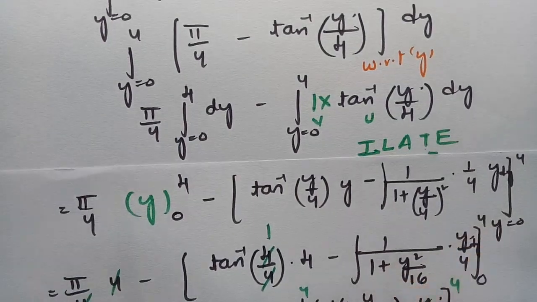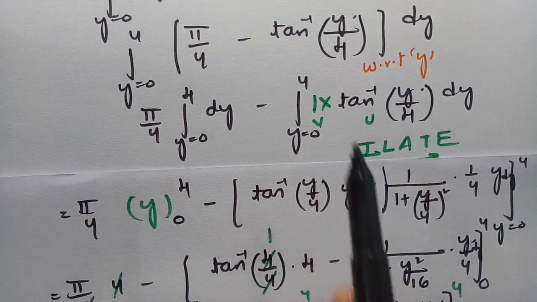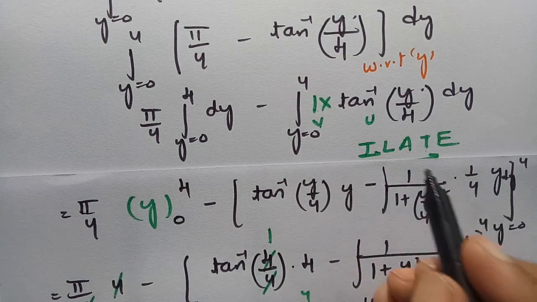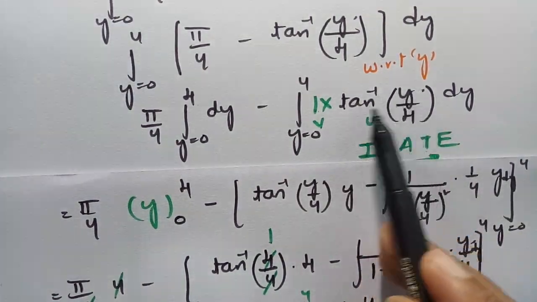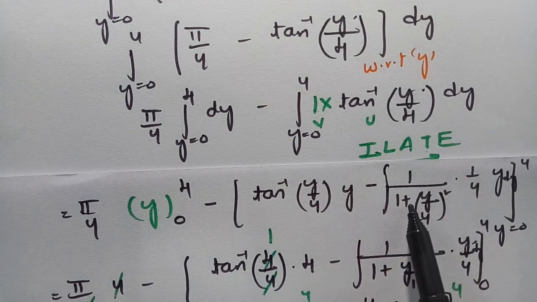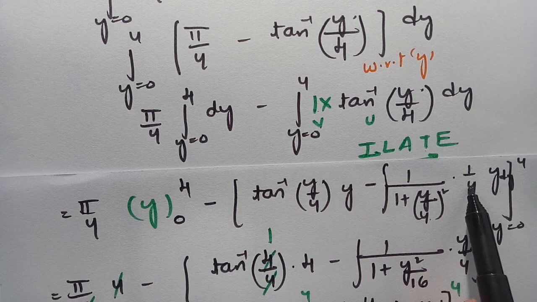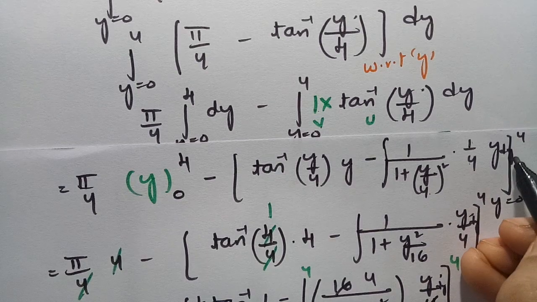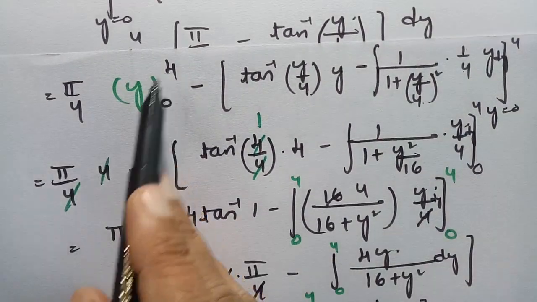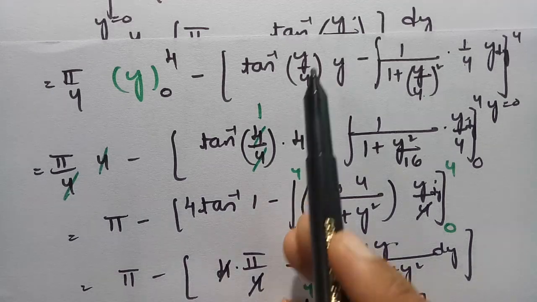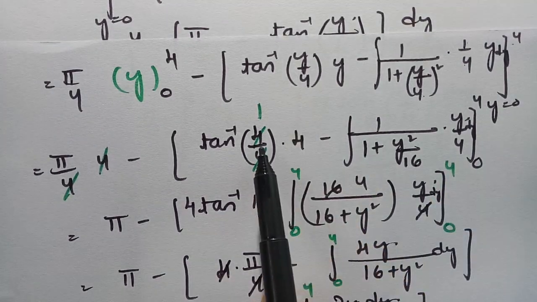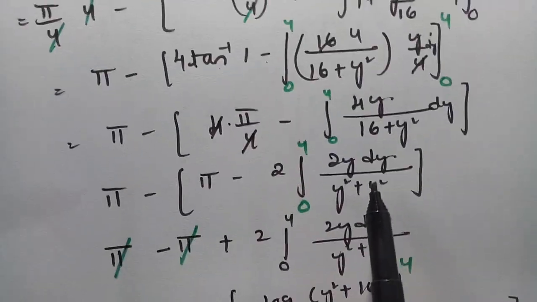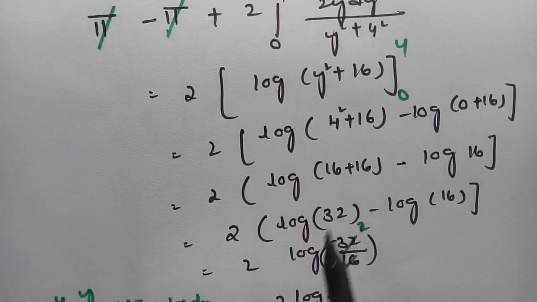First of all, we leave u as it is and we integrate v with respect to y. This will be uv minus the integral. Whatever we left as u, we take its derivative, that is 1 by 1 plus x square, and for v it is 1 by 4, and again we integrate v, that is y of dy. If I keep the limits, it will cancel. So here if I keep 4, this will cancel and this will be 4 times tan inverse of y minus, if you solve and integrate once again, this will be the answer.